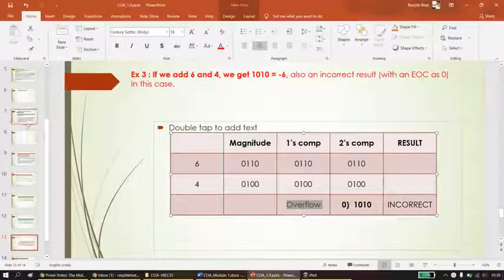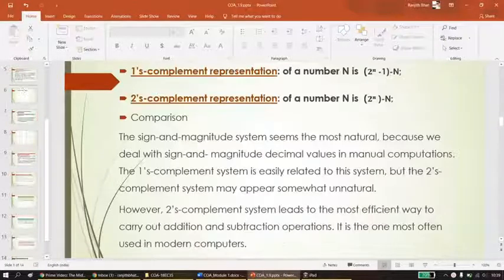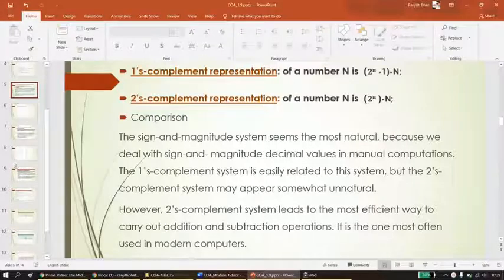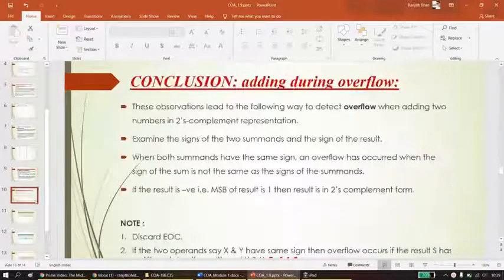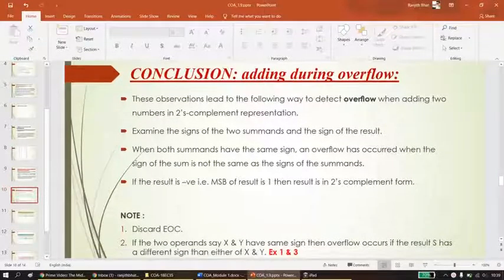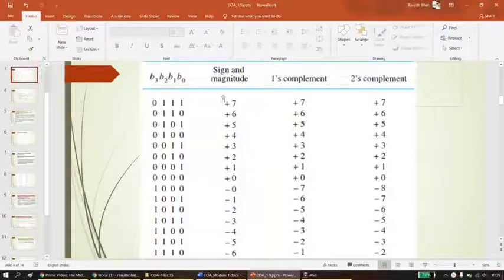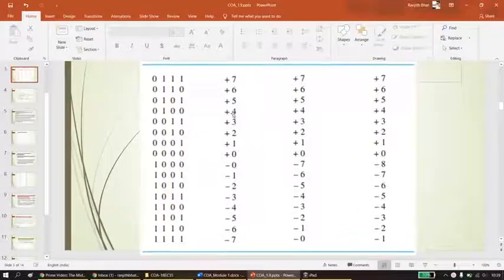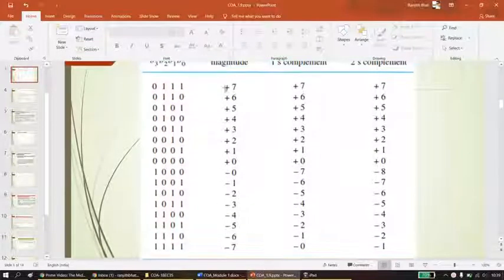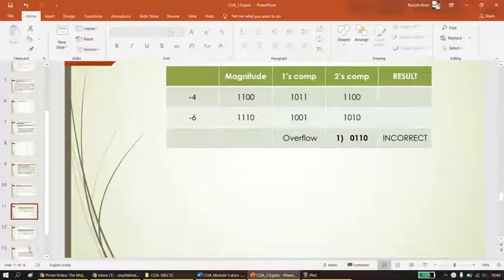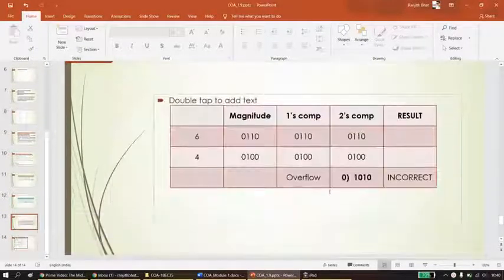The range which we have already explained here is minus 7 to a positive 7. If the operation answer is in this range, then only it can be expressed and it is right. If it is outside this range, then we are simply going to say that an overflow has occurred and